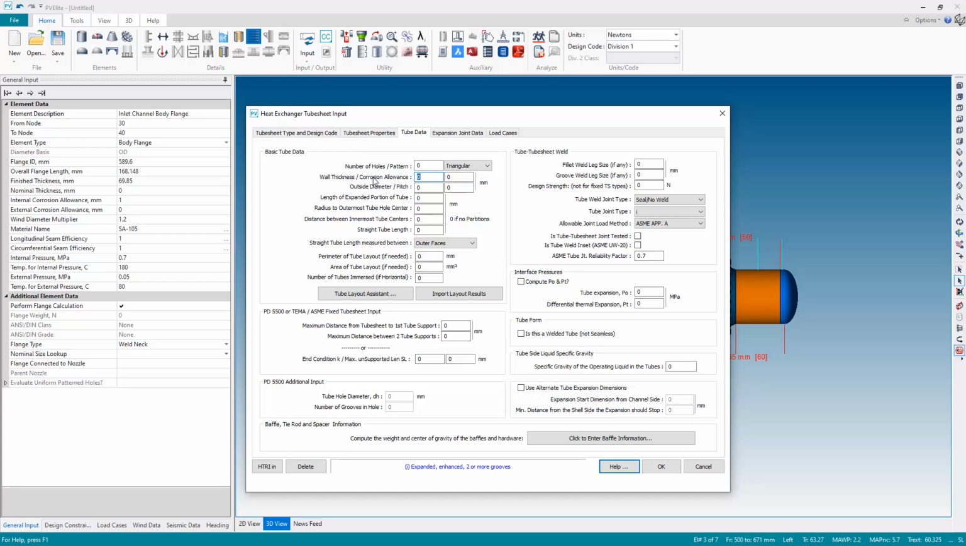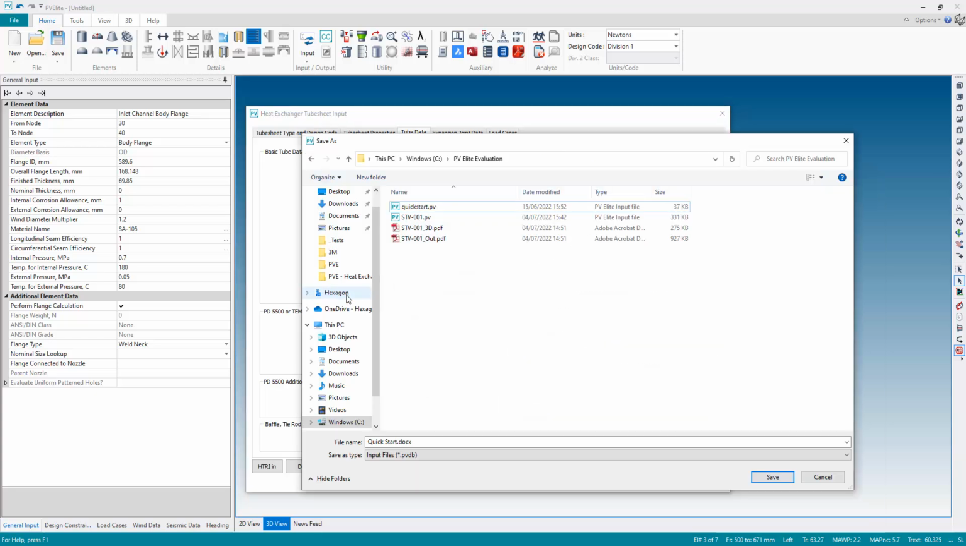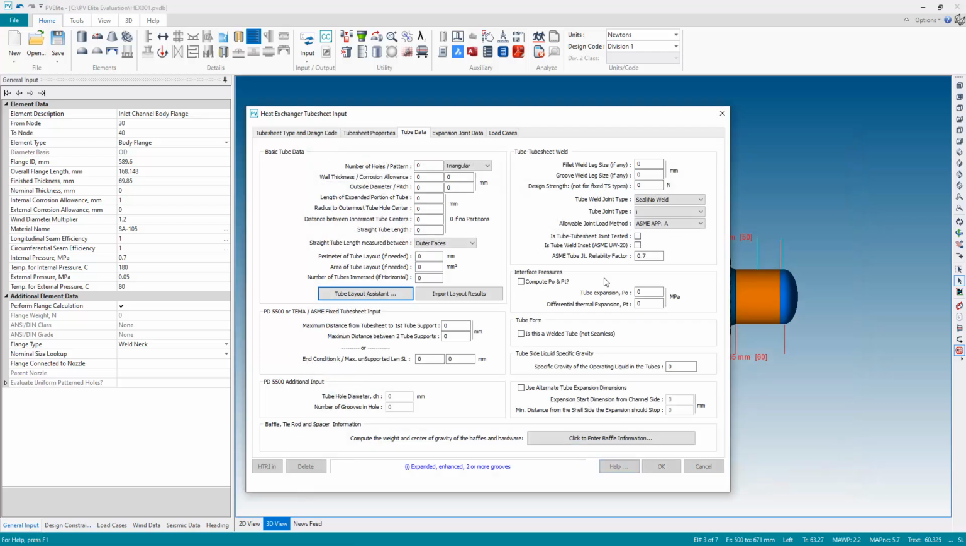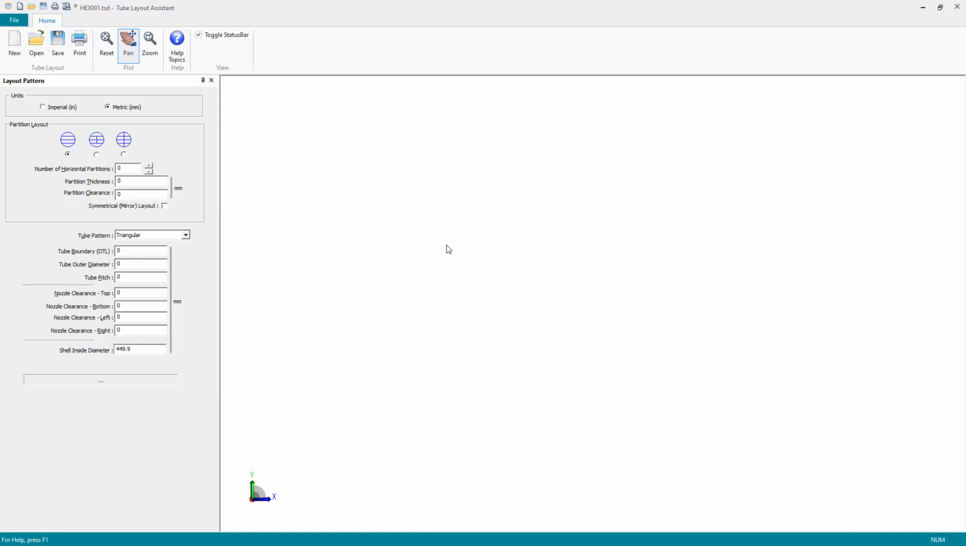So I need to specify the number of tubes and the tube layout, which I can do here. I can specify the number of holes and so forth in the tube sheet, or alternatively PV can assist me with this using the tube layout assistant, which is what I'm going to use here. So I'm going to hit tube layout assistant, and accessing the tube layout assistant does require me to save the file, so I'm just going to give this a name. I'll just call it heat exchanger 1 and save it into a suitable location. Upon doing that, the tube layout assistant will appear,